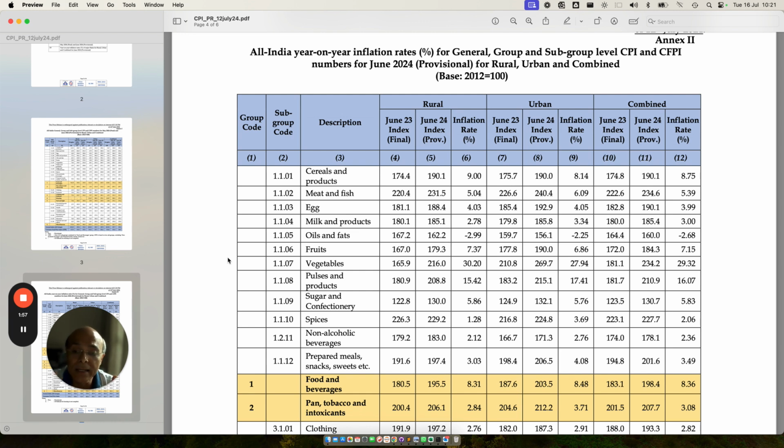Understanding the character of inflation over a period of time will empower the policy makers as well as those watching this to understand what kind of initiatives are required to contain inflation, and where the government is going wrong. So it is very important to understand those nuances.